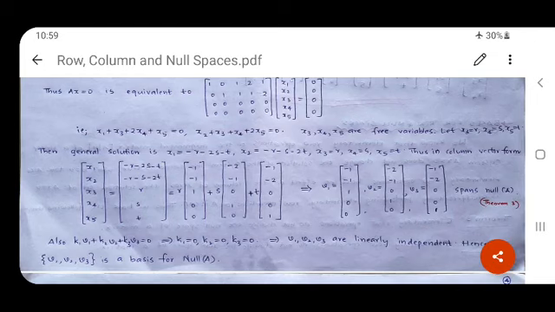They span the null space. So it is enough to prove that they are linearly independent too. So take their linear combination and you can easily see that they are linearly independent. Therefore, these three vectors form the null space of the given